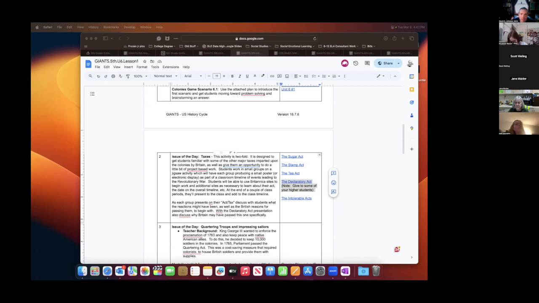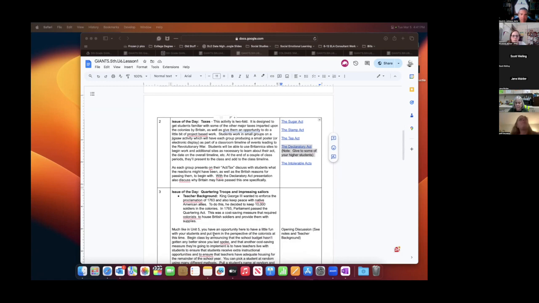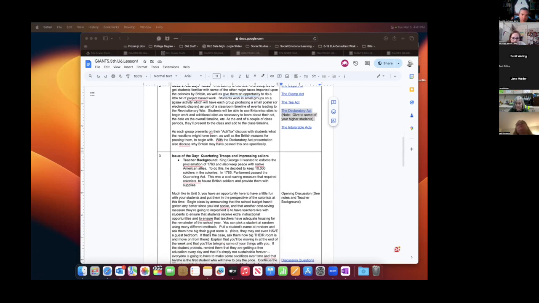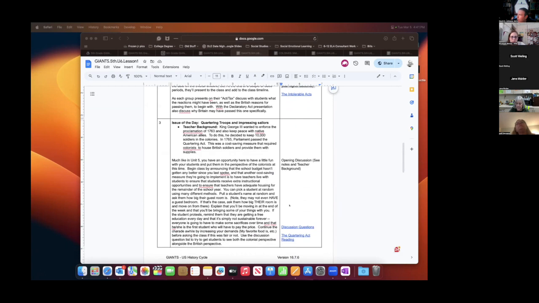When I was teaching US history, a question I like to ask my students was, so when we look at the Bill of Rights, which of these amendments do you feel, oh, so that's closing. I'm sorry, I've moved on to step three, by the way. That's closing step two. And then step three, we are going to coalesce for a minute around the Quartering Act,